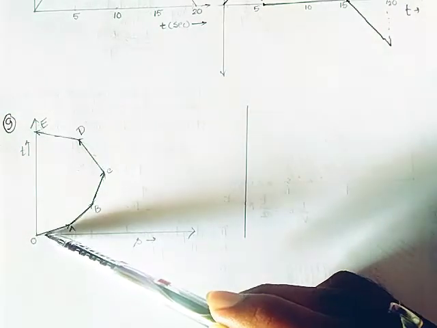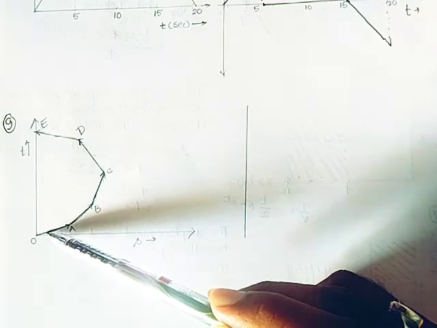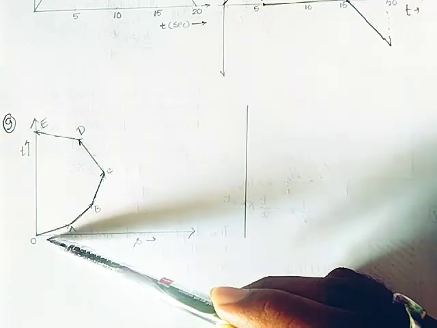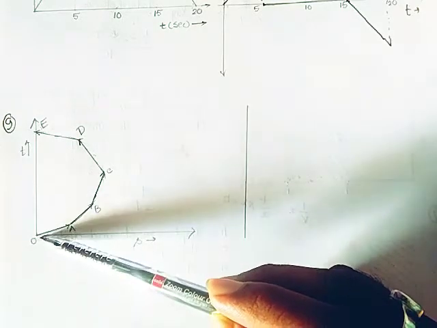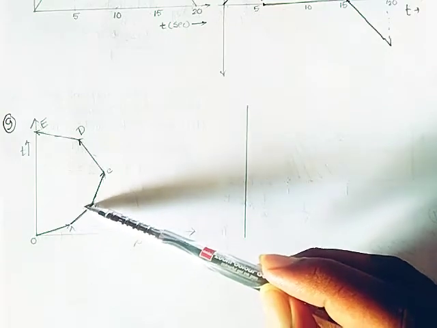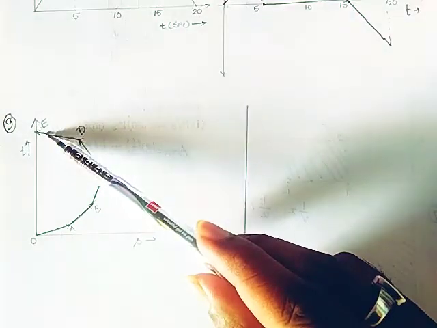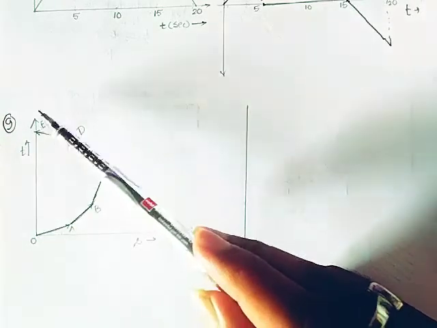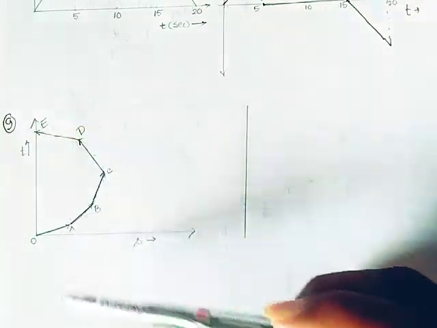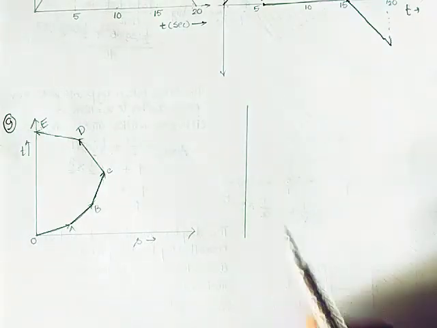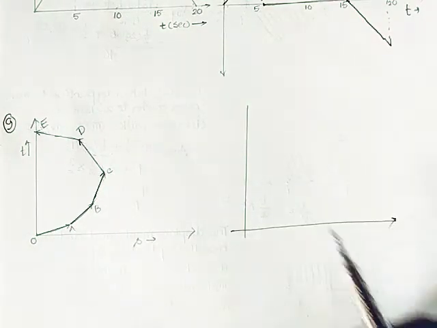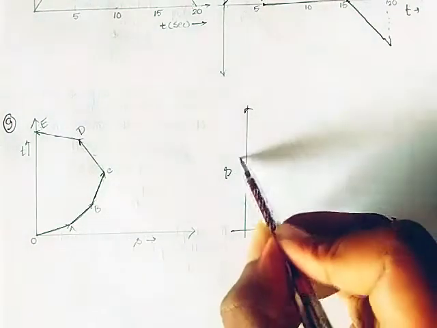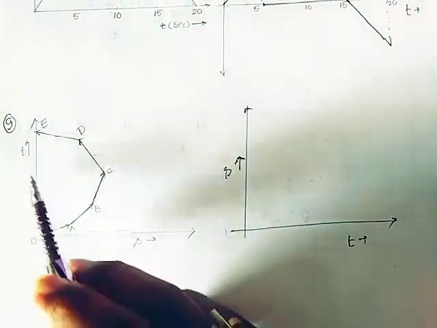So we can say any particle starting from a point of reference moves and again returns back to the same point. So the displacement initially is 0, finally it is also 0. So this type of curve is possible. If I want to draw this, it is just like the usual s versus t curve, but here it is a t versus s curve.